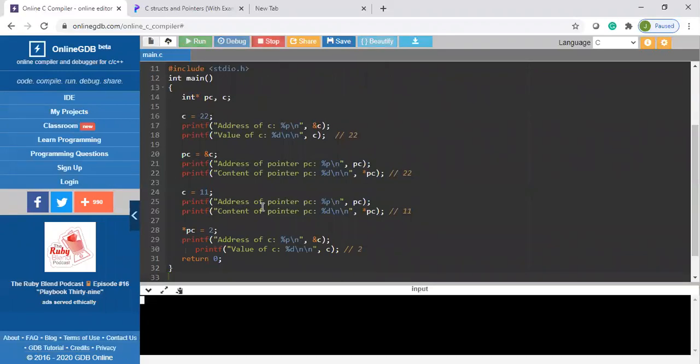We will run the code. So these are the codes. Let us understand the program. Here we have int *pc, c. So here we have a pointer pc and a normal variable c, both of type int, created. Since pc and c are not initialized initially,